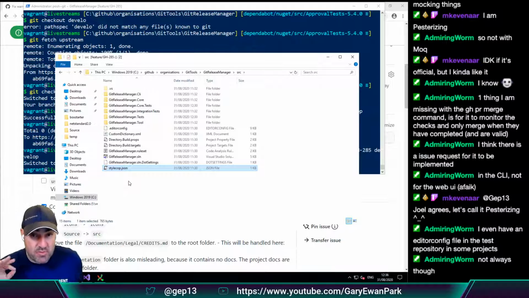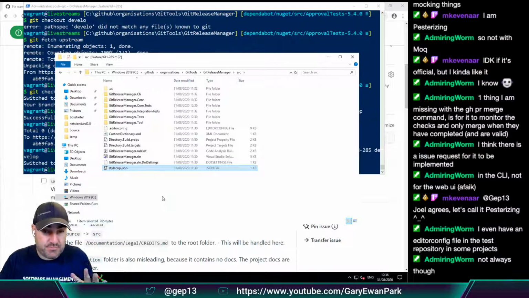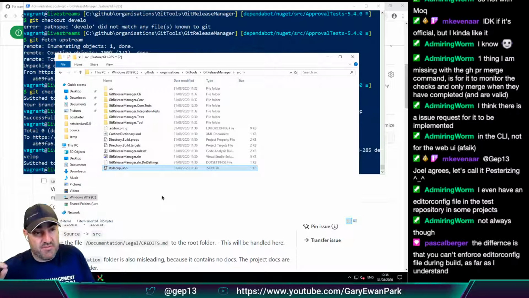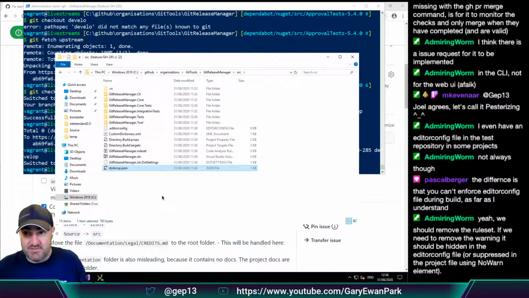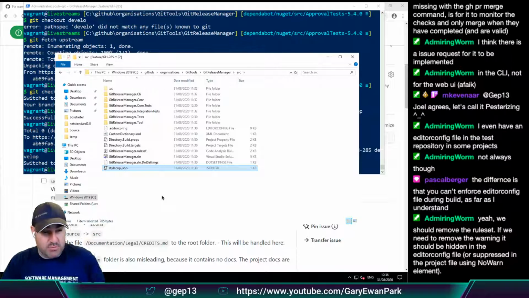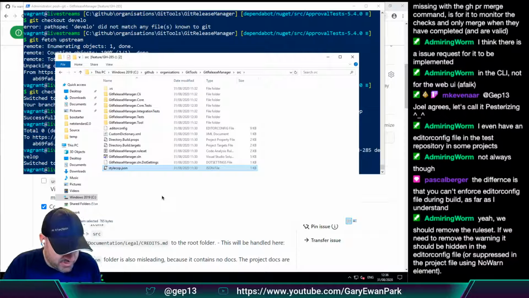So I think I'm going to suggest that we go down the same route, and we're going to have editor config files at the root level, overriding on a per project basis as we need them, and then we'll switch away from the rule sets and put everything into EditorConfig files and StyleCop.jsons. So that's where I think we're going to go. And now is the time to say stop and don't do that. So let's have a look at what's going on.